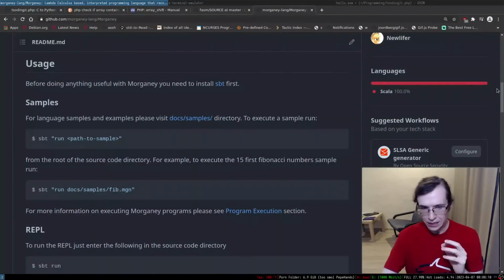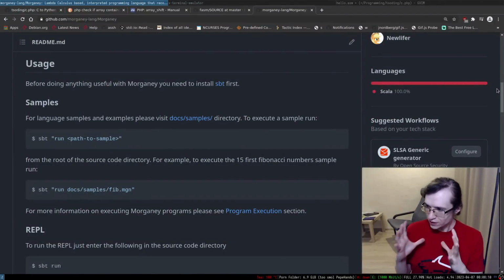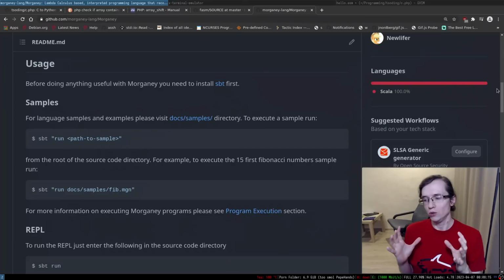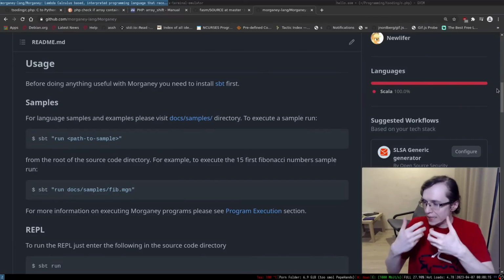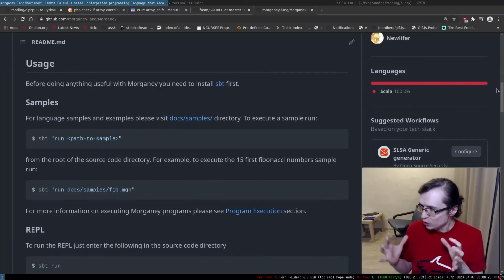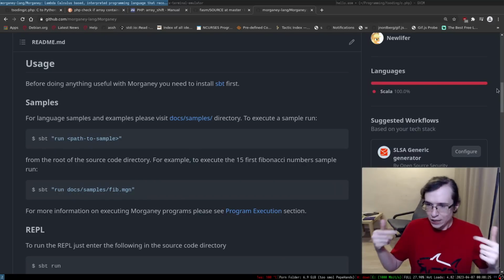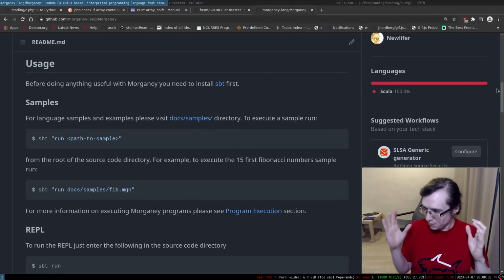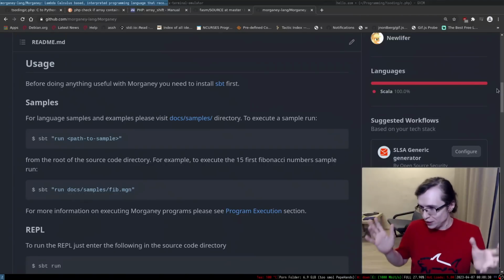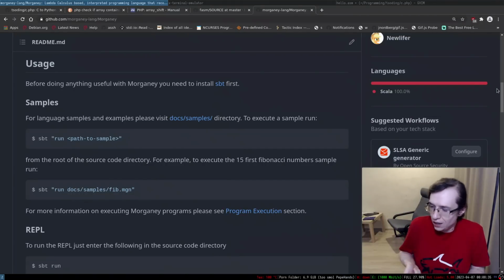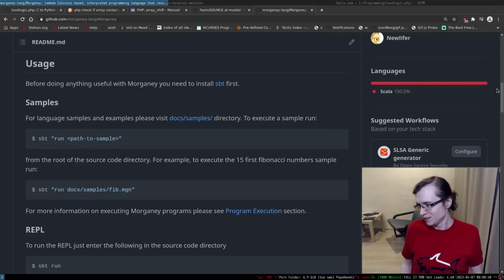So the idea is that the interpreter looks at your lambda expression that you're evaluating and actually recognizes Church-encoded structures like Church numerals, right, and also Church pairs and Church lists, and actually renders them when you try to print them as lists or numbers or anything like that. But the language itself doesn't support any of those things. It's a pure untyped lambda calculus. So that's what's cool about it.